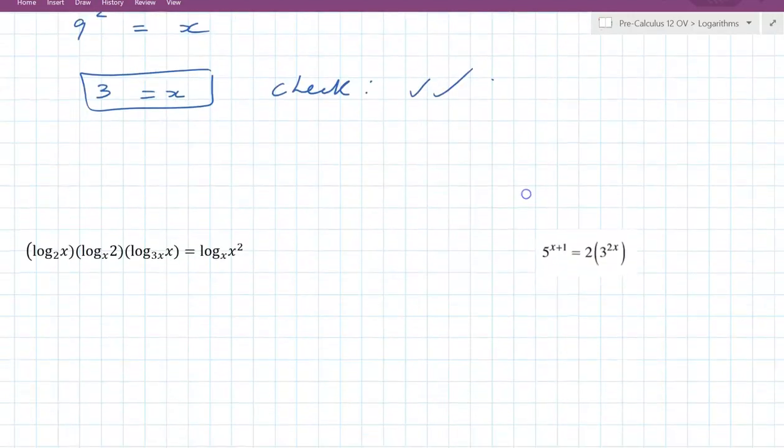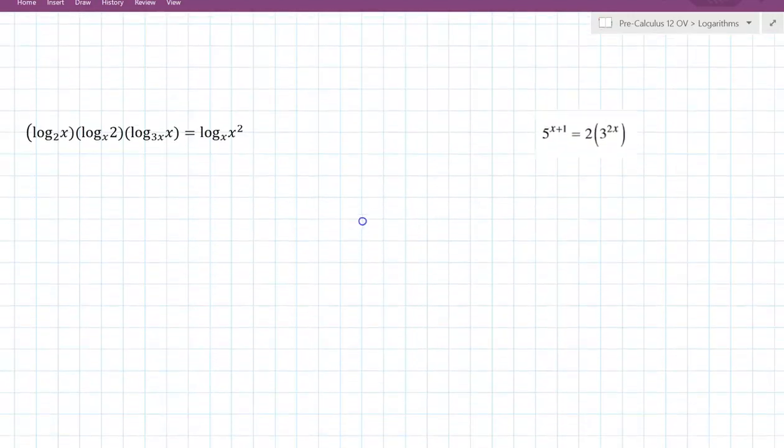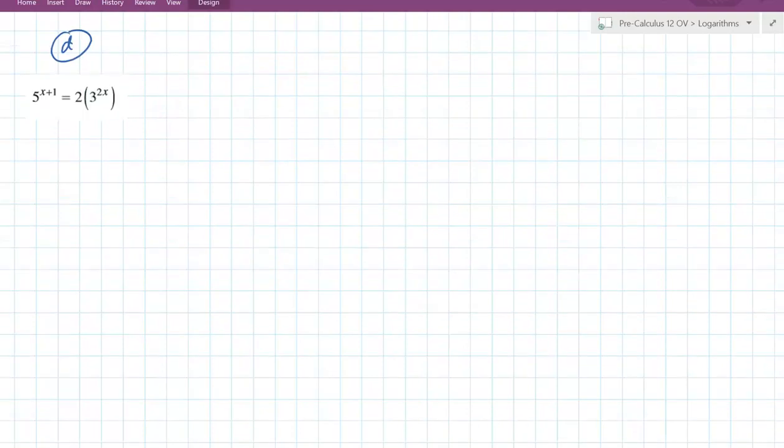Okay, let's look at 2 more. Actually, let's start with the exponential one. So we call that D. All right, so notice that the bases are all different. We have a 5 in here, we have a 2 and a 3, so we really can't do anything except